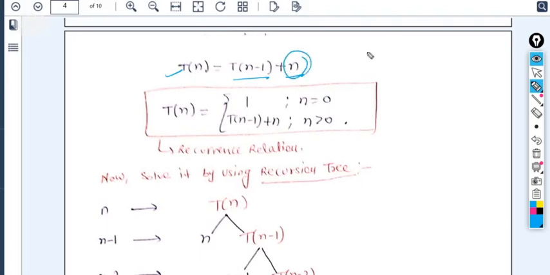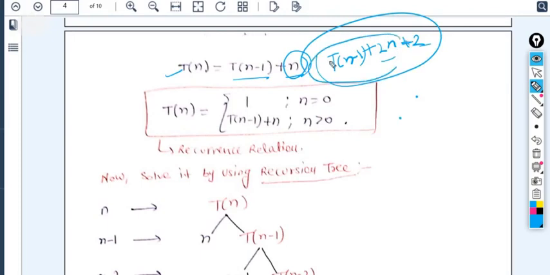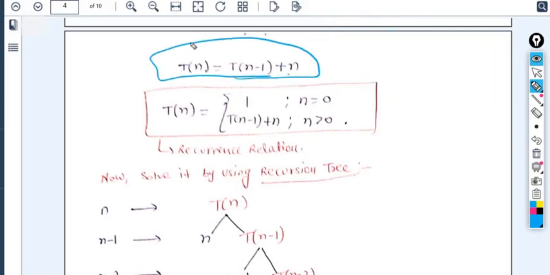I'm taking the generalized form here because we are getting 2n plus 2, as we have seen, T(n minus 1) plus 2n plus 2. So constant values are ignored. By ignoring the constant value, and taking the 2 common, it becomes n plus 1. So ignore these things, take the n here. So T(n) equals T(n minus 1) plus n. Now write the recurrence relation with respect to T(n) here. So 1 when n equals 0, and when n is greater than 0, then it will be T(n minus 1) plus n. So now this is a recurrence relation.